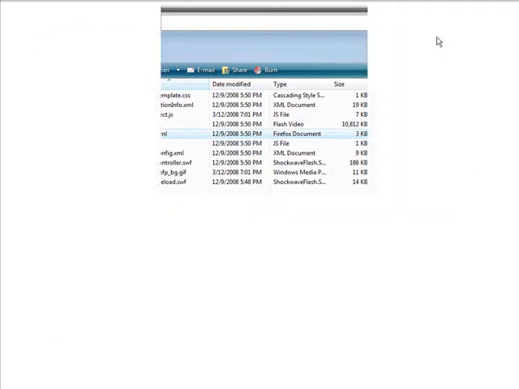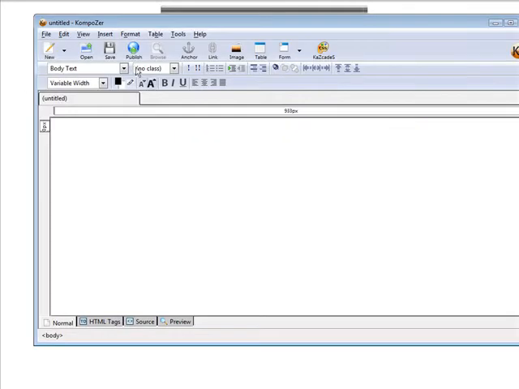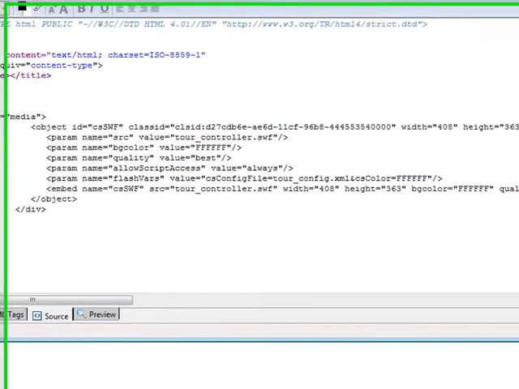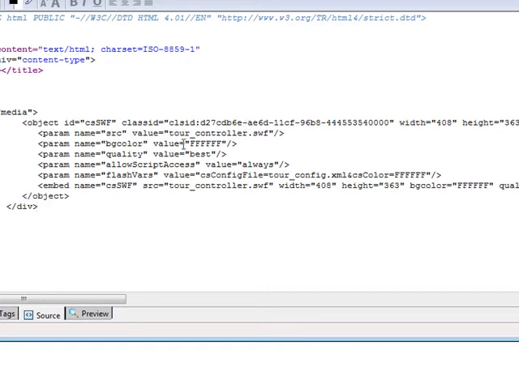I'm going to make a whole new web page here, but I could just pop that into any web page if I want. But I'm going to create a new web page. I'm just going to do it with Composer here. And go to Code, Source. And we'll just pop it right in here. And then all we have to do is put the new path to the files here. So our path